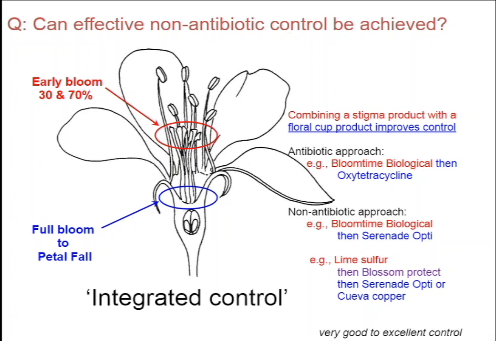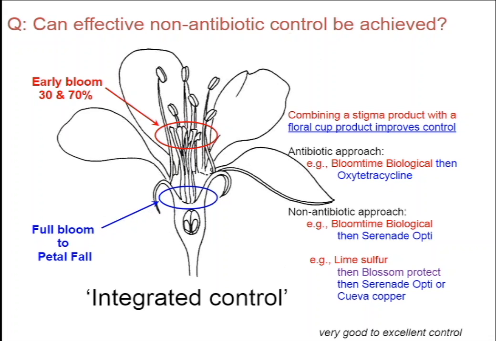And that's really important because the pathogen needs a certain number of cells, and we think it's somewhere between 100,000 and 1 million cells on a flower in order to have enough to slide down the style and get down here and actually cause an infection. So we've found over the years that biologicals, and this would be the kind of biologicals that grow on the flowers, like Blossom Protect or Bloom Time Biological or Blight Ban A506, do their best work early in bloom